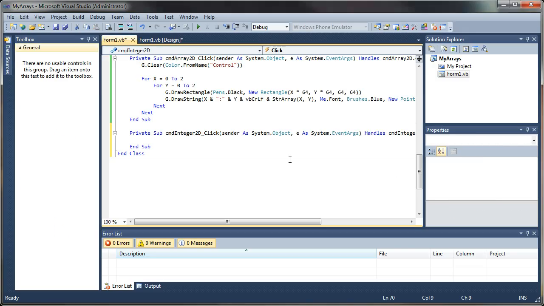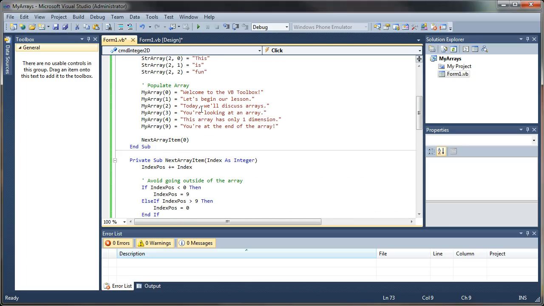And double click on that new button to generate a click event. And let's do this much the same way we did our other one. I'm just going to copy and paste our clear function here, just to kind of clean up the surface. So if we've already clicked this one, it'll clean it up. Next up, we'll populate our integer array, and I'm actually going to populate this one on the click. The other one we populated in the